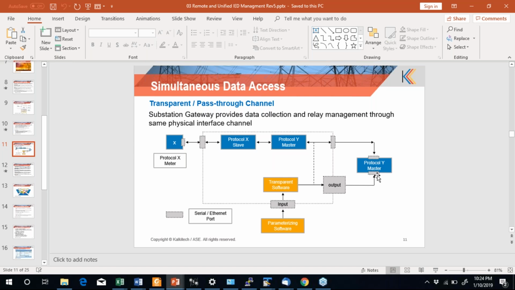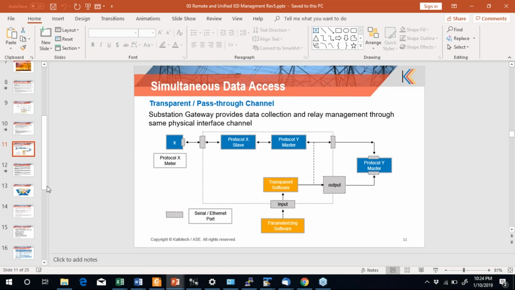So this covers the details of the parameterization. This transparent port can be linked with a TCP port. Even though the tool only supports a COM port, you can have a virtual COM port emulator, which gives a virtual COM port for the tool to connect to, and on the other end you can have a TCP channel, so an IP can be given.